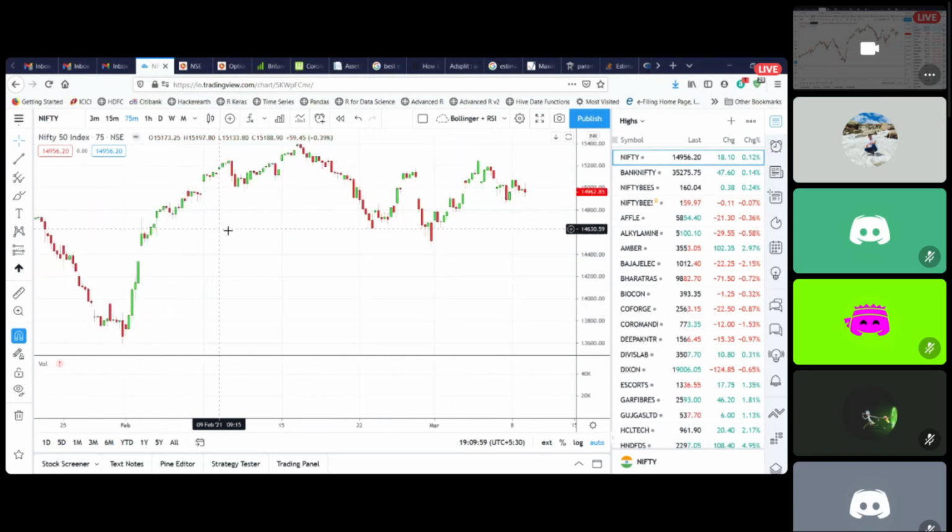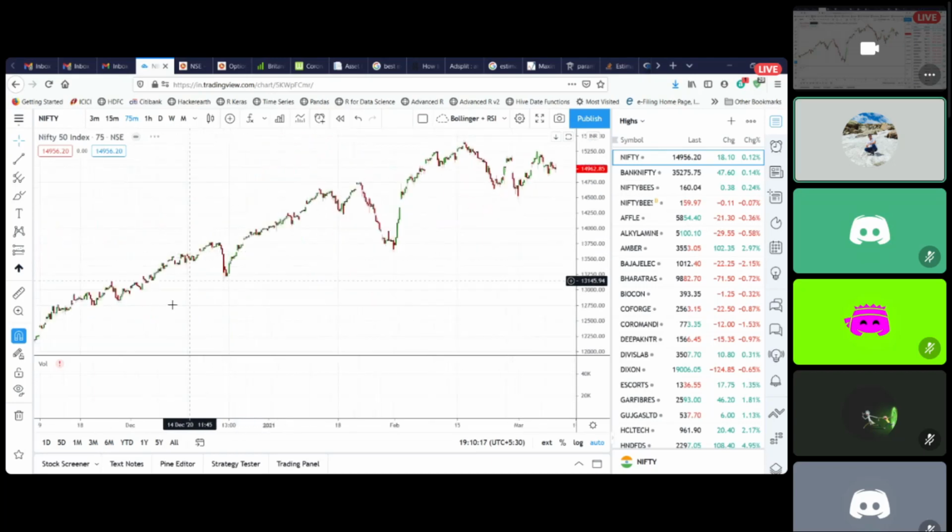Okay. Now, to identify stocks for swing trading. Since in India you cannot go on the short side in the cash market, you have to stick to the long side only. The best way to identify stocks for swing trading is to first look at the long-term trend. Ideally, your chart should always be an uptrending chart. This is the setup wherein you get the best trades for swing trading.